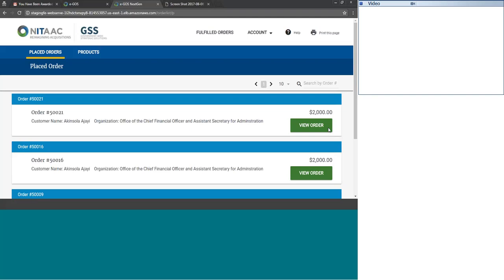The new GSS system, if they choose to go through that route, will provide them with a document that provides anonymized specifications in a PDF format that the customer can then upload as a supporting document into the RFQ process so that the GSS contract holders can respond to that,